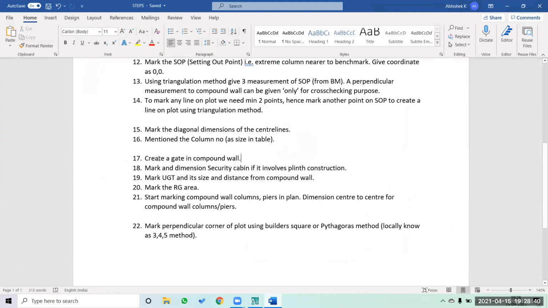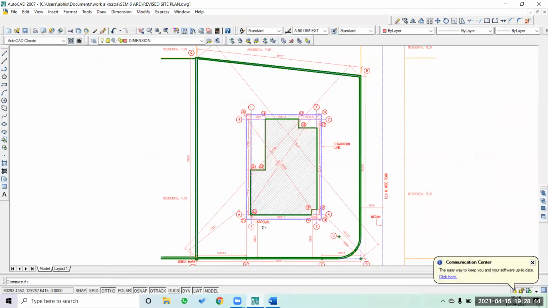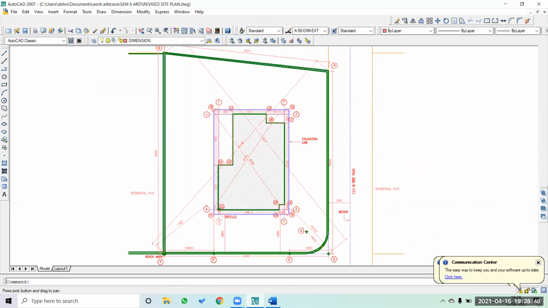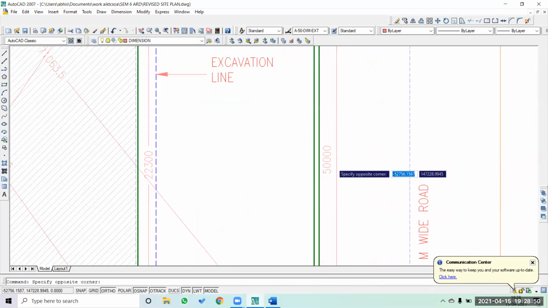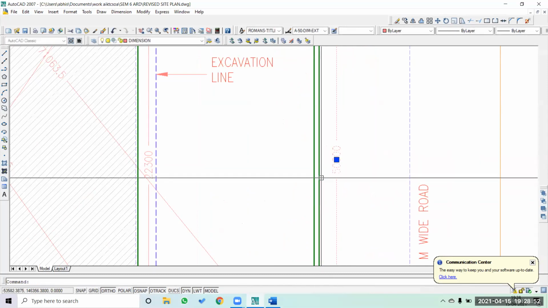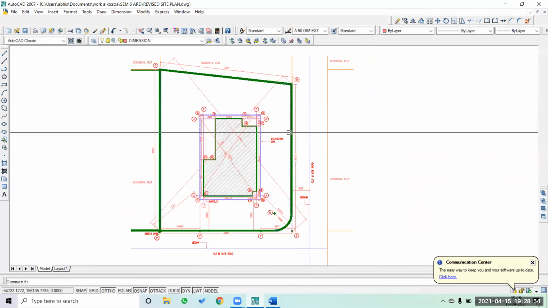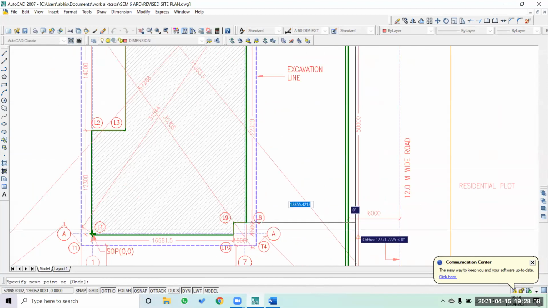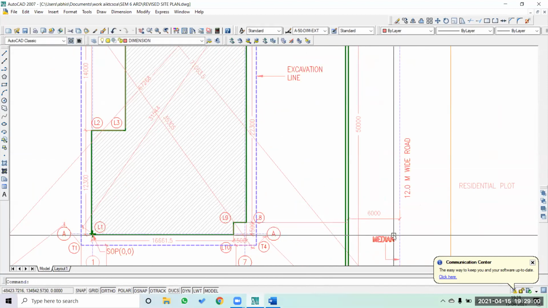Sorry, create a gate in the compound wall. That is the next stage. As per my design, I'm going to create a gate to the west side of the plot. I'm just going to use a few lines which will help me create a gate.